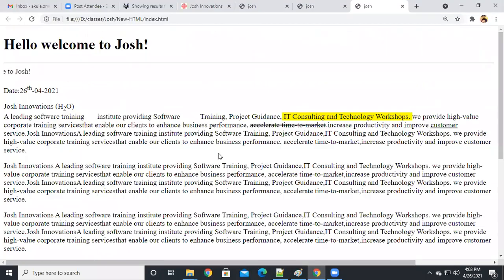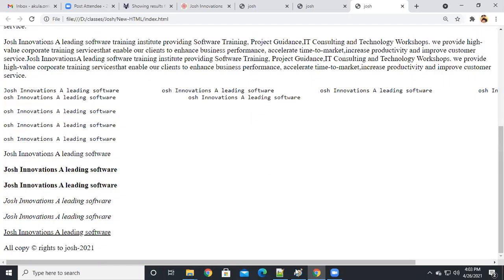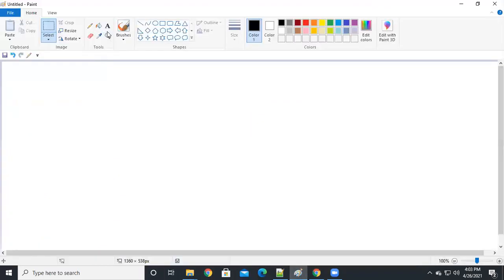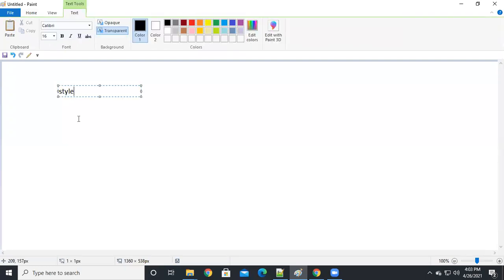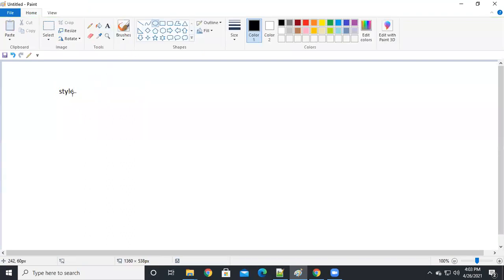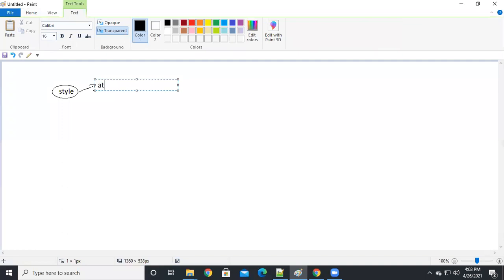So for this HTML page, I'm going to use one attribute, guys. That is the style attribute. I'm going to apply some properties, guys. Like I want to change some color, background color, and some text elements, right? So for that, here I'm going to use one attribute. Here, style is the one attribute. Attributes give additional information to that element or tag, guys.